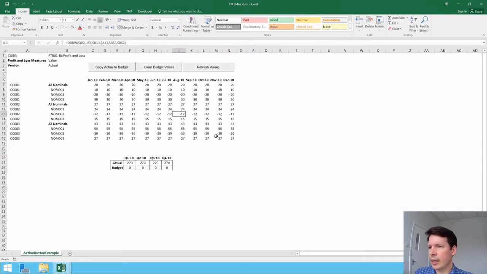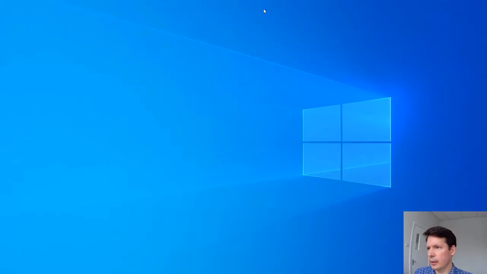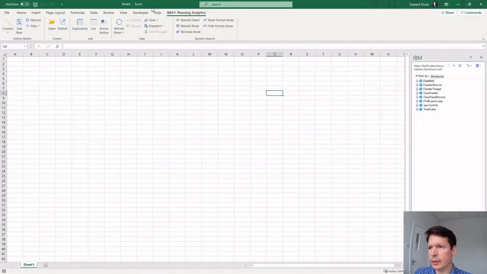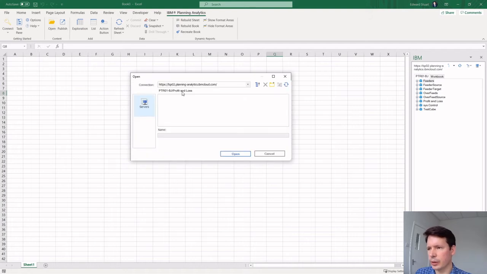So if I come out of my server example now, and I go to my local client example here on my machine, I'm using the IBM Planning Analytics for Excel ribbon here now, and we can see I've not got attached to the TM1 Perspectives ribbon. So if I go in to open my action button